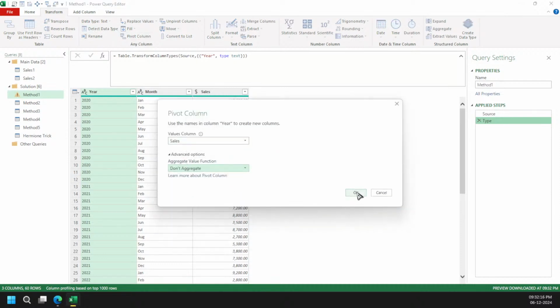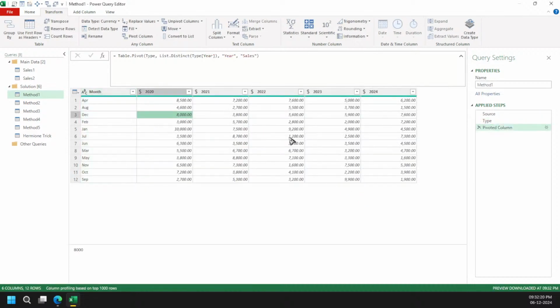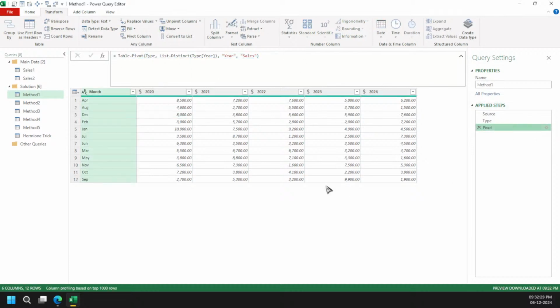Don't aggregate, and we are good to go. Everything is good. We have used one technique and now our code is looking simpler, and we have pivoted the column only to find our month order has completely gone into disarray, because you can see here the months are sorted in the alphabetical order.